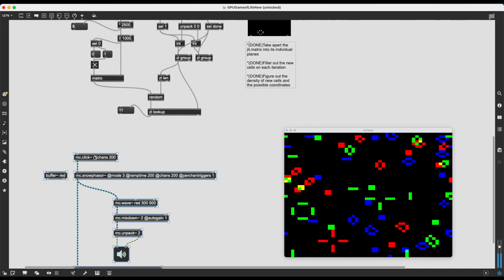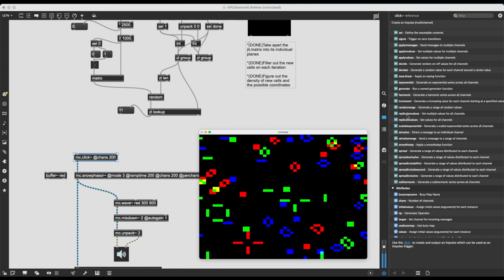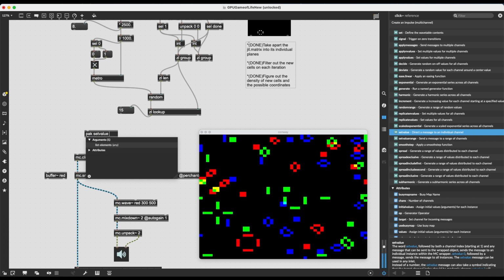Okay, so how do we click this? Let's look at the reference for MC objects, and I believe there was this, there we go, set value, direct a message to an individual channel. So maybe I can say something like set value and then the number of the channel, and then I can just simply type bank, right? So let's see, pack set value